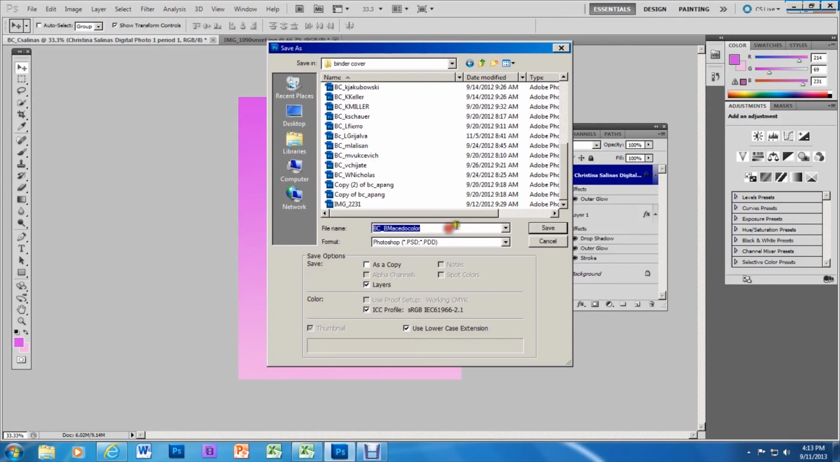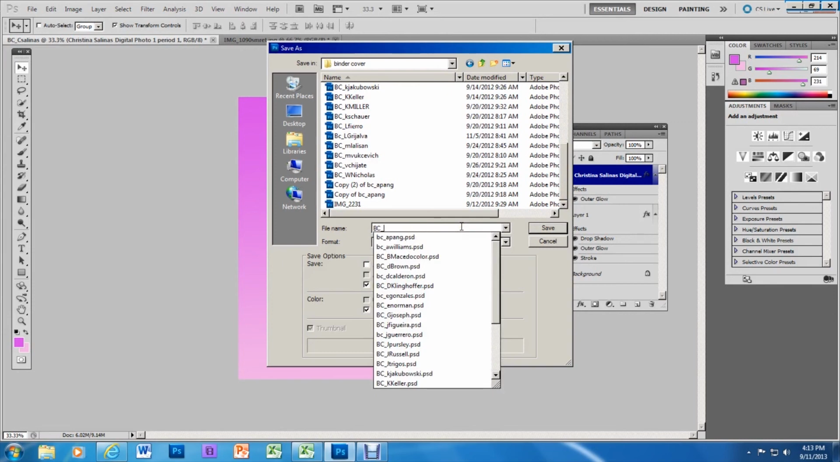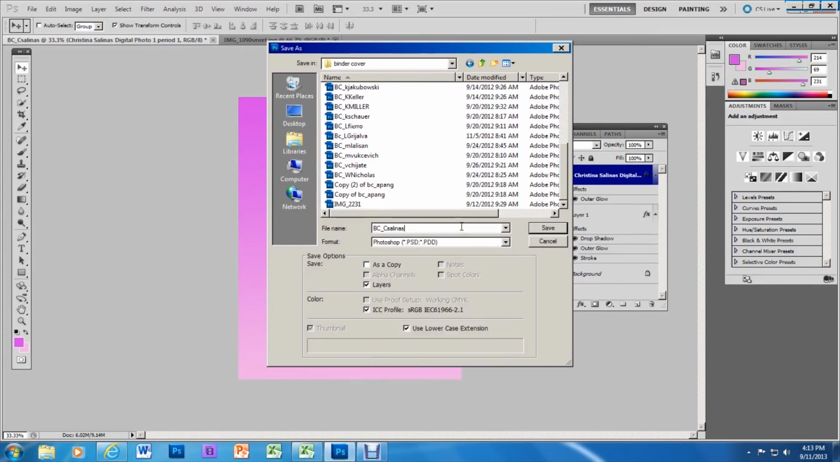Okay? Make sure that you have your name as BC_C Salinas. Make sure you have it saved as that, okay? Well, not C. Salinas, but your first initial and then your last name, okay? So make sure you save it like that in the period 1 folder, in the subfolder called binder cover. That's where you want to save your finished